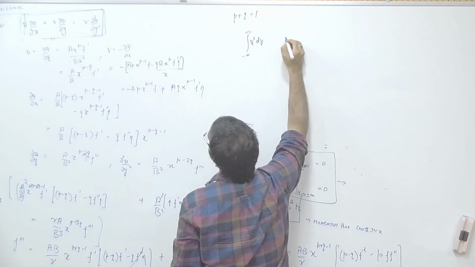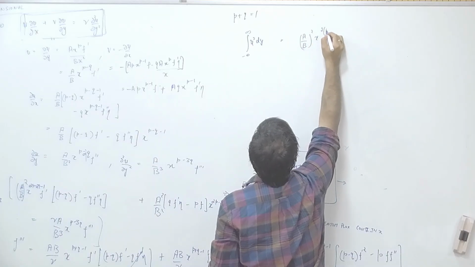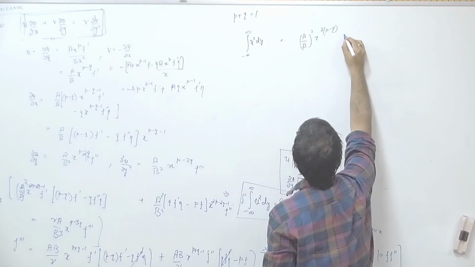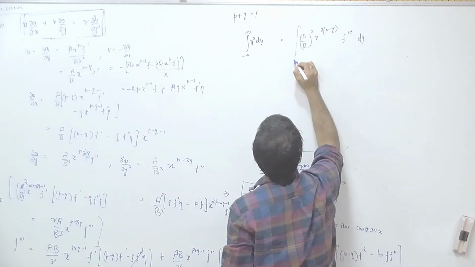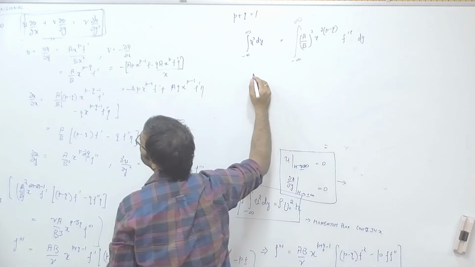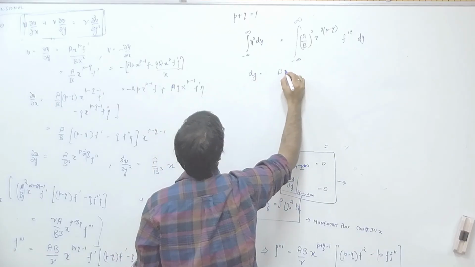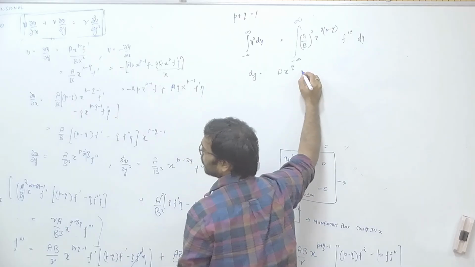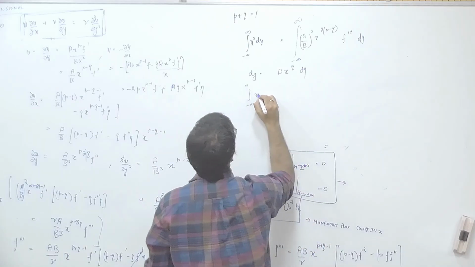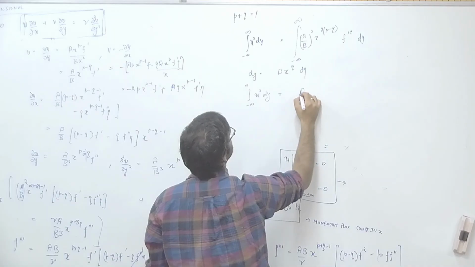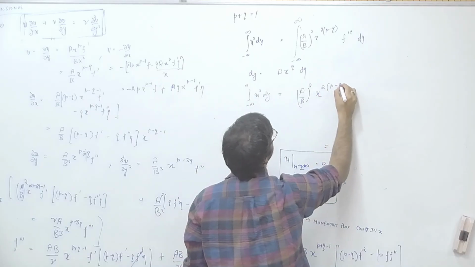So this is a by b whole square x to the power 2 times p minus q f prime square dy. Okay. Now dy you can change to d eta using that. So dy is what? b x to the power q d eta. So that means u square dy equals a by b whole square x to the power 2 times p minus q